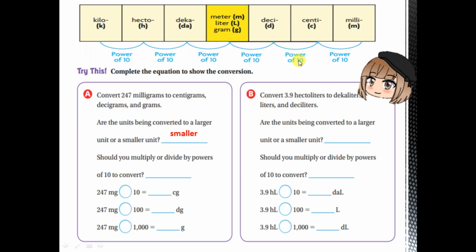So in this case, if I move to the left, should I divide or multiply? Left means I should divide. Okay, so in this case, first I need to convert it to a centigram. So I will move 1 place to the left. This means I will divide by 10, only 10. So if I divide by 10,